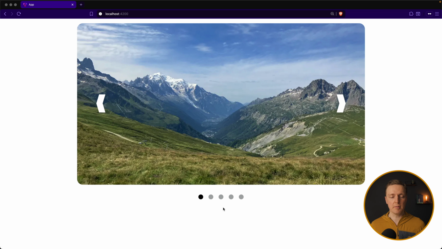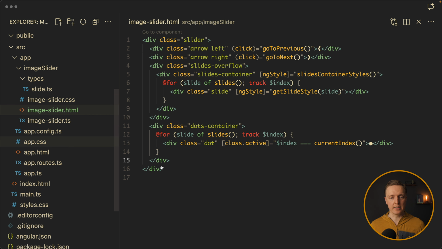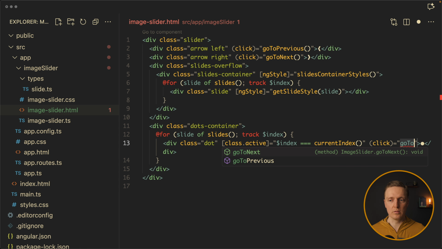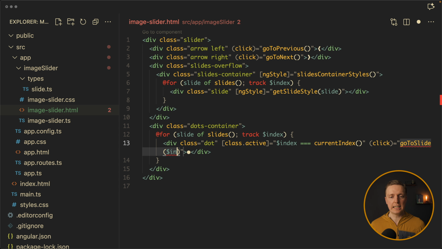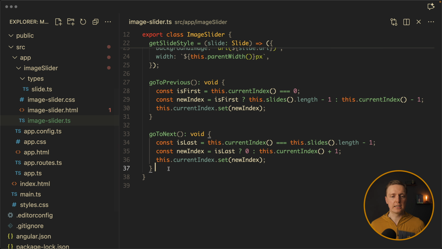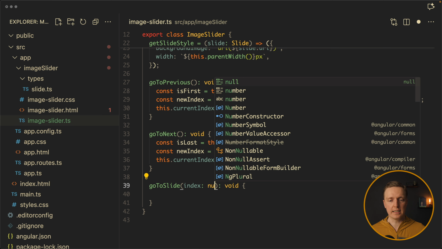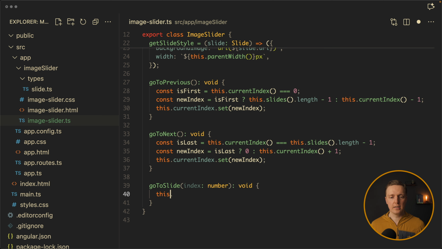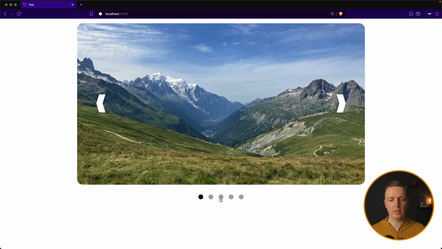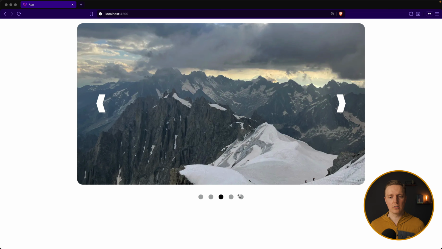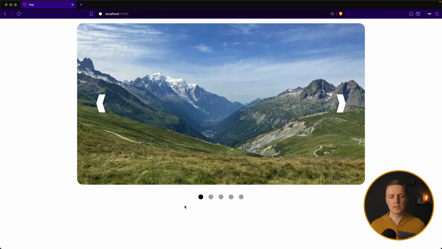But now we need to jump between them, so we need a click event. Let's add here a click event, and we can simply say goToSlide. And we're passing inside an index of the slide where we want to go. Now let's implement this function inside our component. We know that as a parameter we're getting an index and it is a number. We just need to set our current index to the index that we provided. Let's try this out. I'm clicking on the third image and we're scrolled to it, which means our dots are working